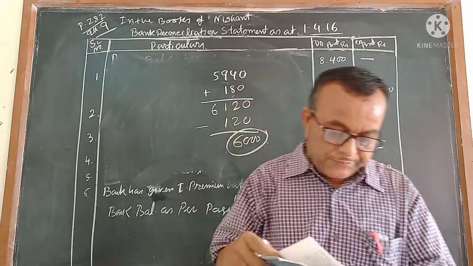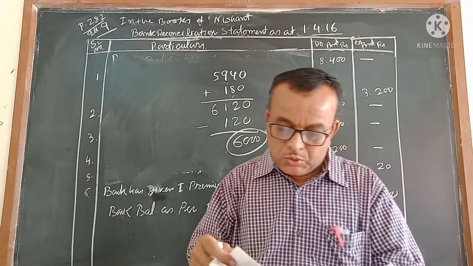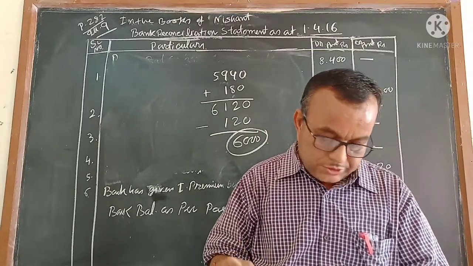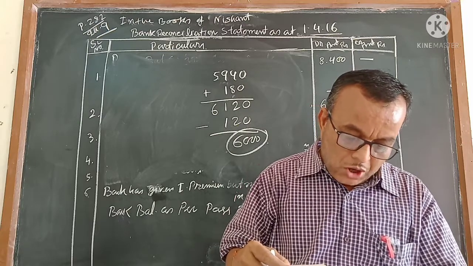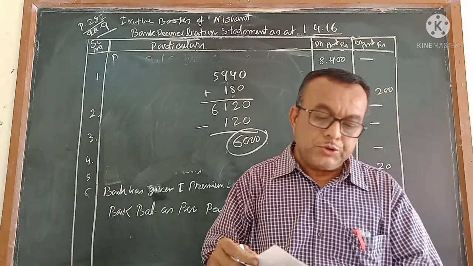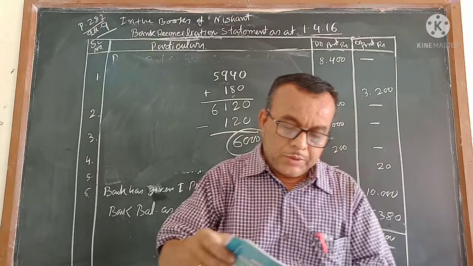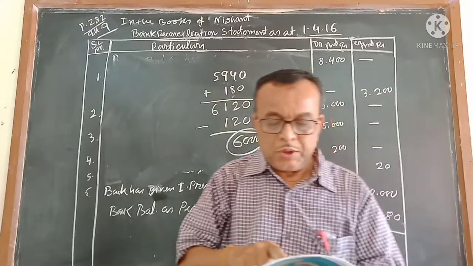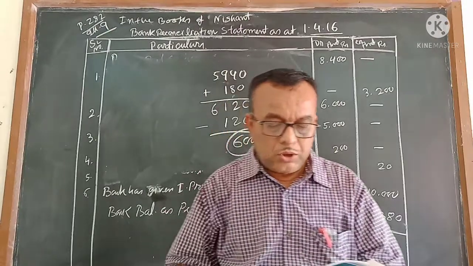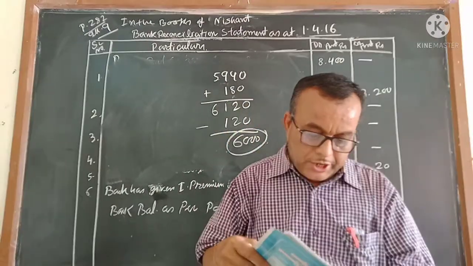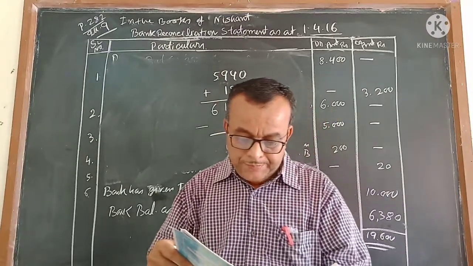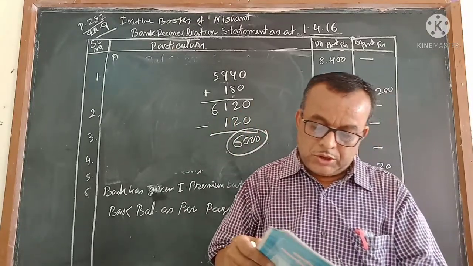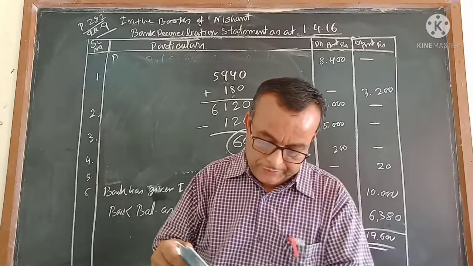So let us start. Bank overdraft as per passbook is 37,410. Check deposited but not credited. How much is it? 15,000 plus 12,150. See the cash book debit column, 15,000 is debited and 12,150 is debited. Check deposited but not credited in the bank is 15,000 plus 12,150, which is equal to 27,150.